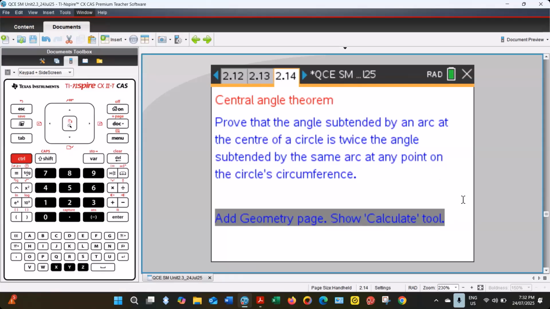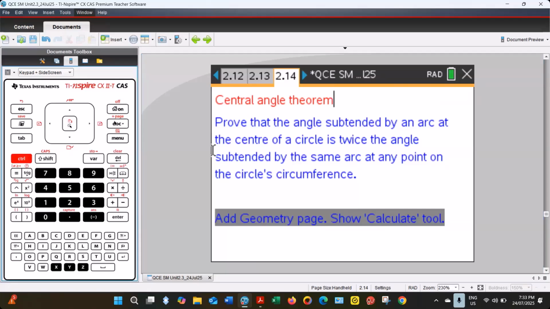Okay, so a few other theorems. The central angle theorem proves that the angle subtended by an arc at the center of a circle is twice the angle subtended by the same arc at any point on the circumference. So one of the things I'll do here, I thought I'd demonstrate the use of the calculate tool in the geometry application. So I'll add a geometry page,